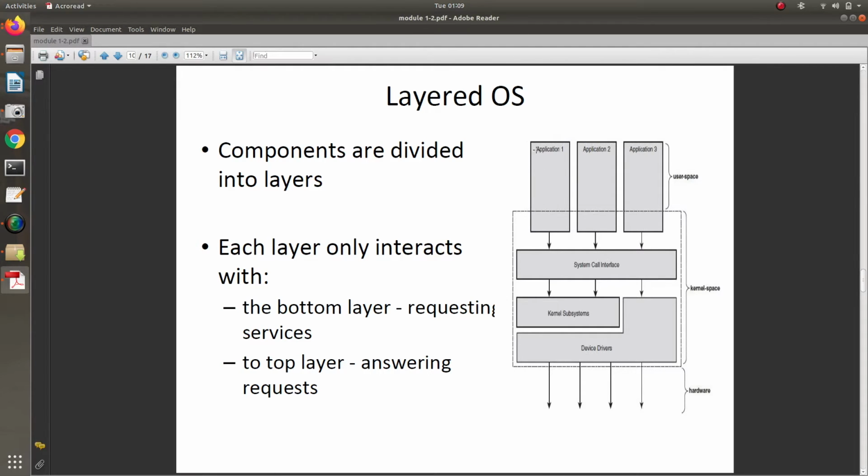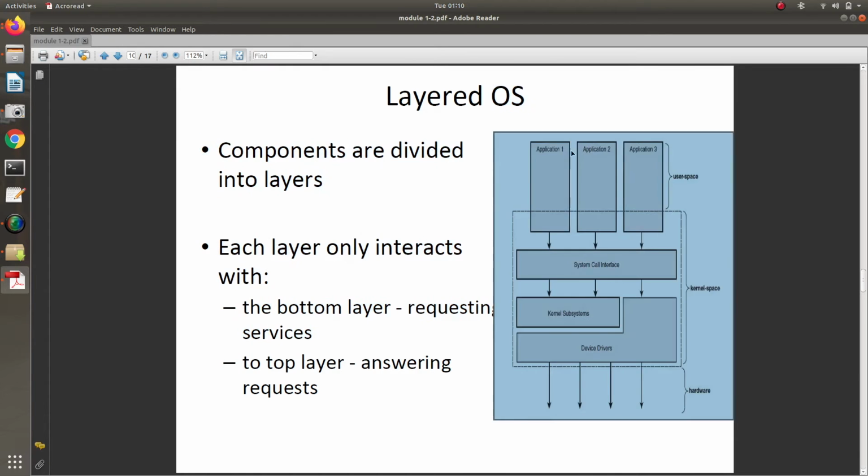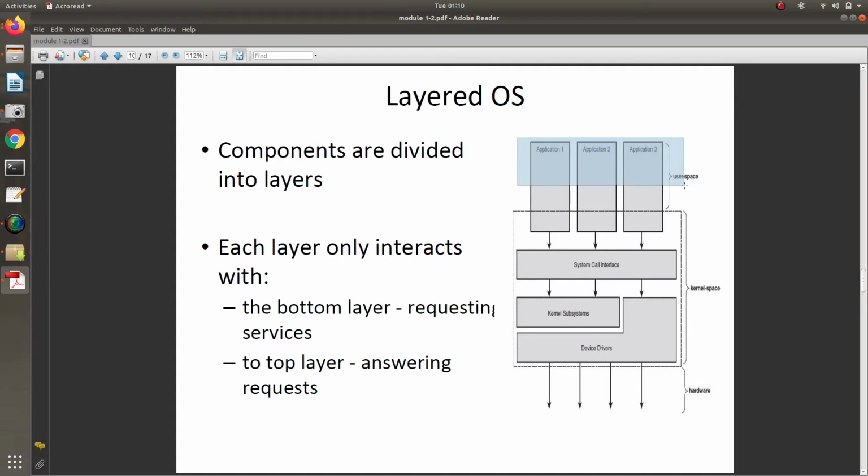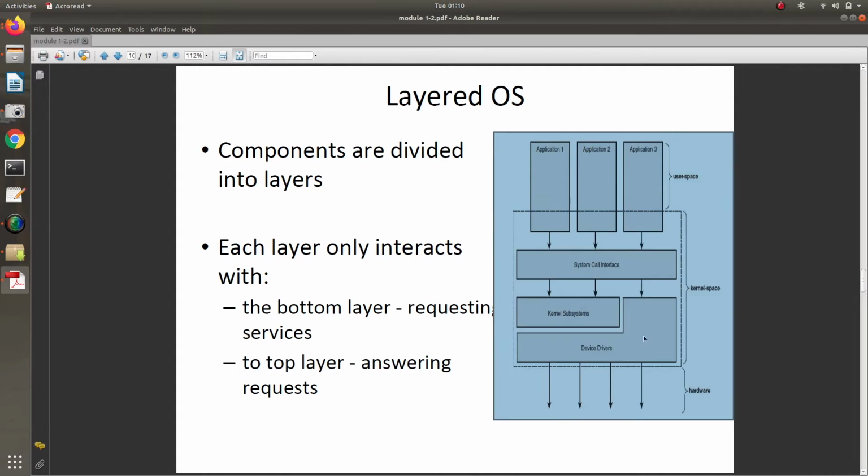So as you can see in this diagram, these are the applications that the user is running. So what is the flow in any operating system? For example, a user is using application 1. It calls the system calls. This part is the kernel. So this is the kernel space and below it is the hardware. For the user to use the hardware, he'll have to go through the kernel. He can't access it directly.